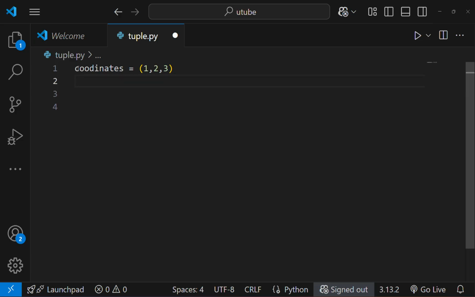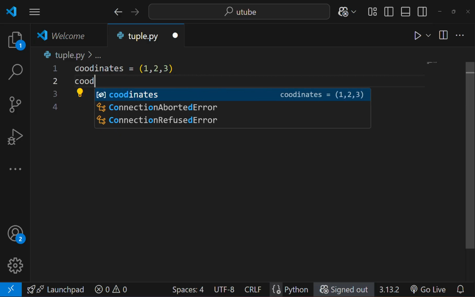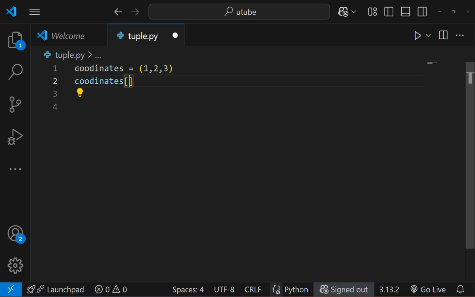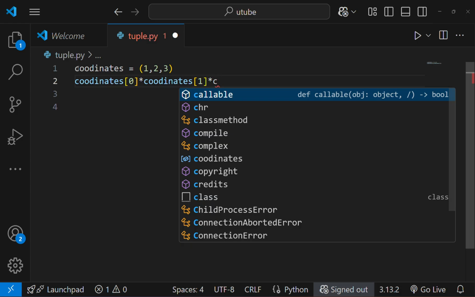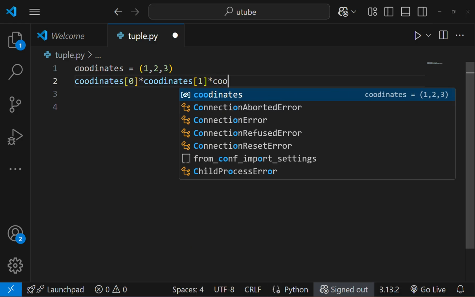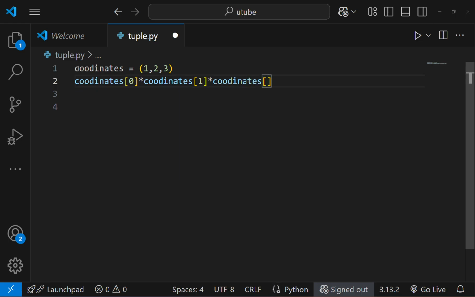So we have to write the code like this: coordinates of 0 multiplied by coordinates of 1, then multiplied by coordinates of 2.